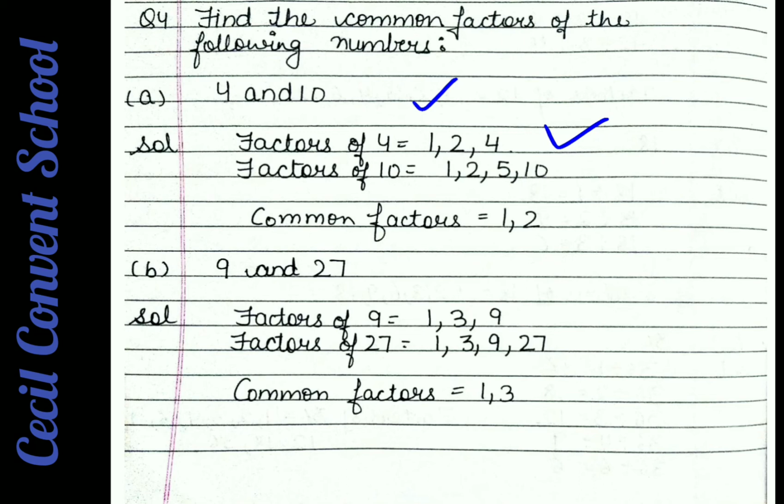2 table, 4 comes. Yes, 2 2s are 4. So you write 2 only one time. You can't write 2 two times, na? So you write 2. After 2 you will check in 3 table, 4 comes? No. After that, 4 is already written. So it means you have to stop over there.